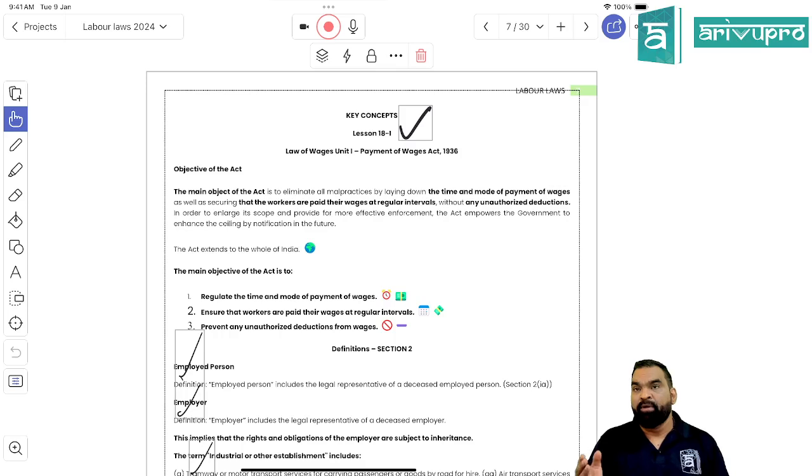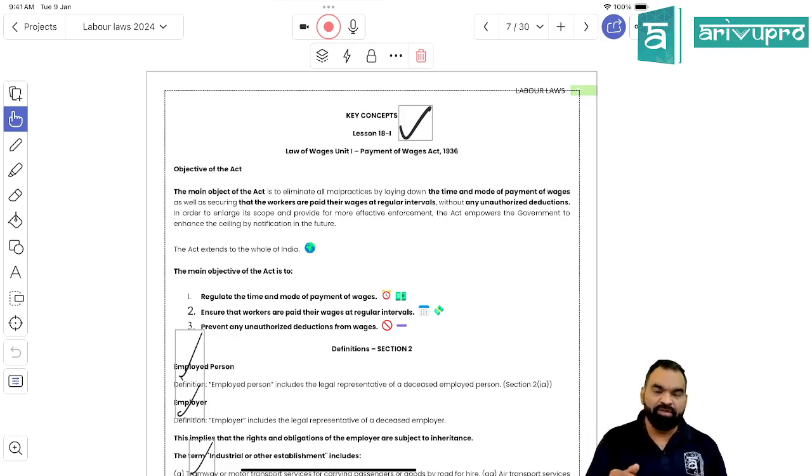payment, right? This act also determines that wage payment should be made in cash, or it can be made by banking transfer, or by using banking instruments. But in certain states, it has been clearly declared that now the wage payment cannot be made in cash. It must be made through banking channel only, through banking transfer only. Like in Delhi, it has been declared that now no wage payment can be made in hard cash or currency. You have to pay through banking transfers, that is UPI, IMPS or NEFT, right?